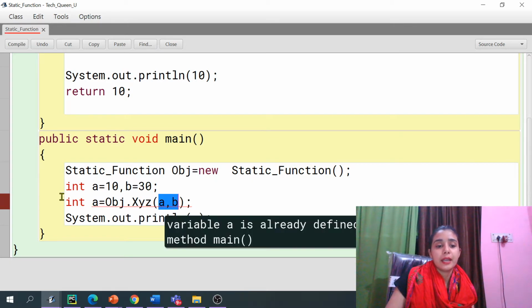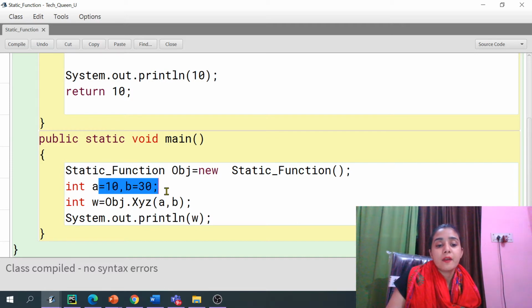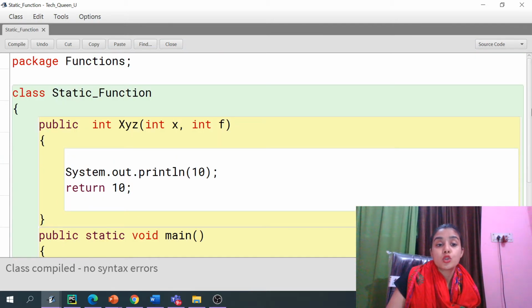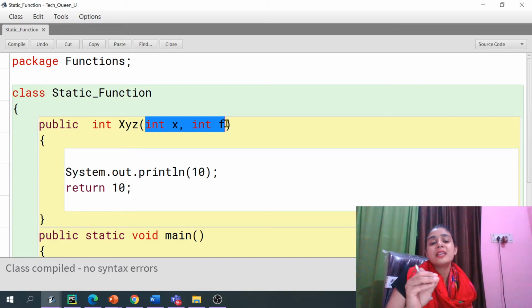I have specified there w, and here also I need to change, right? So see there, you are sending the value actually, so those are our actual parameters, and when you are sending the value, the receiver will receive the copy of that, it will not receive the original value, right? It will not receive the original value.